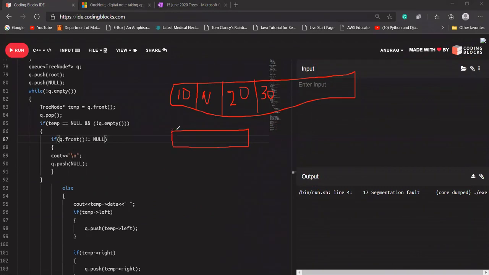Yes, Smith, you are right. If there is only null, we have removed that null. Okay, we have removed this null. Yes, Smith, very good. You got that point. If it is null, its null will be removed, means it will be removed from here, and it is saying if Q is not empty. Means in this case, Q will be empty. So this condition fails here. So it will now come to our else part, and it will try to fetch null's data. Is that clear now? Okay, Smith. Thank you for this. Because in that case, it will fail.